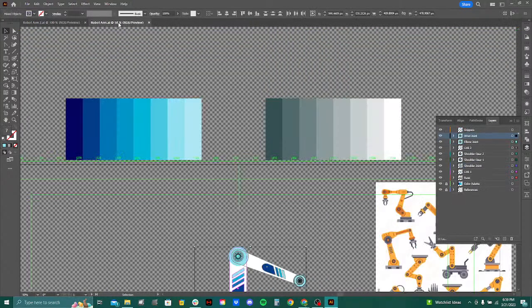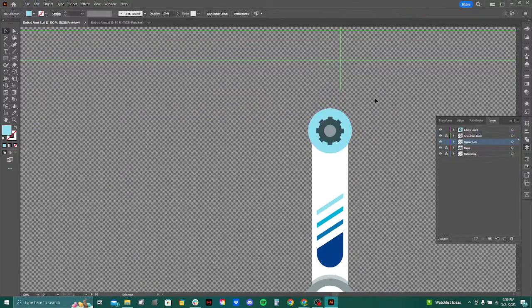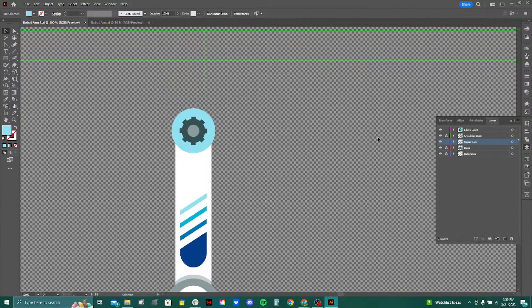Did I create another link? I don't think we have to because we want this gear to actually move with the arm, right? So let me label this differently. Let me make this one link one, and this one will be link two,